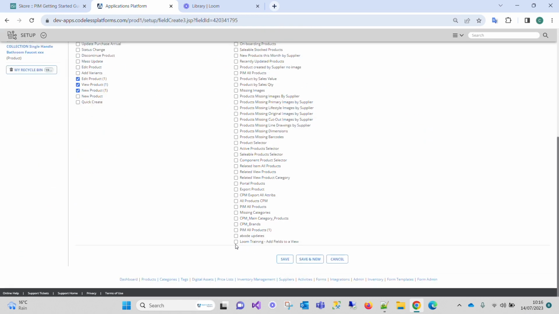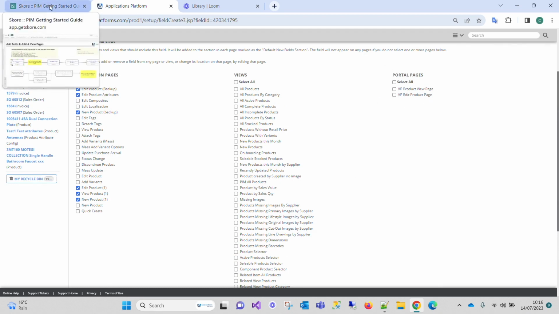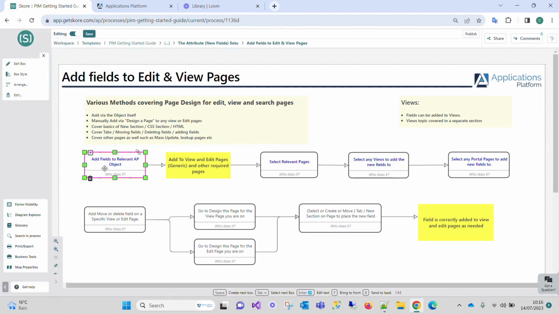I've actually created this one just as part of this training, so we're going to have a look at views, but I don't particularly want to add it to any portal pages because these have relevance currently in our demo systems. So I'm adding a field. I've selected the pages that I want to put it on, and I've selected a view that I want to put it on. So if I go back to my